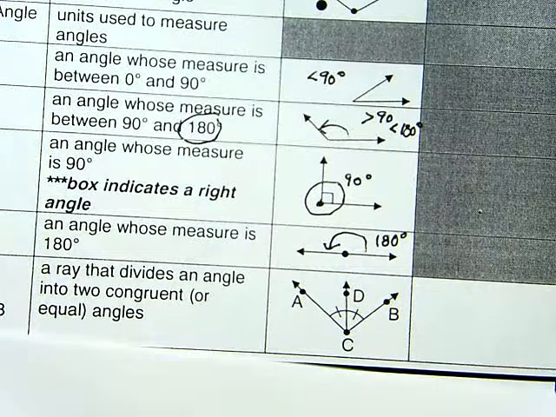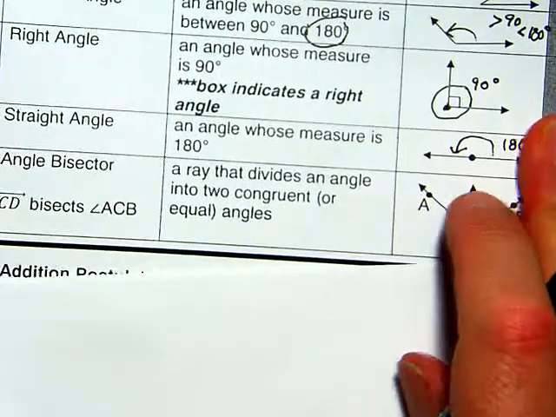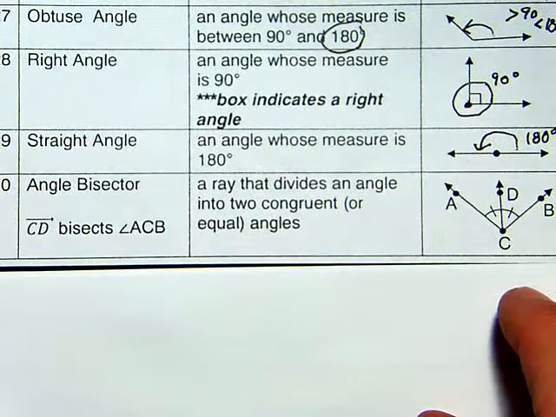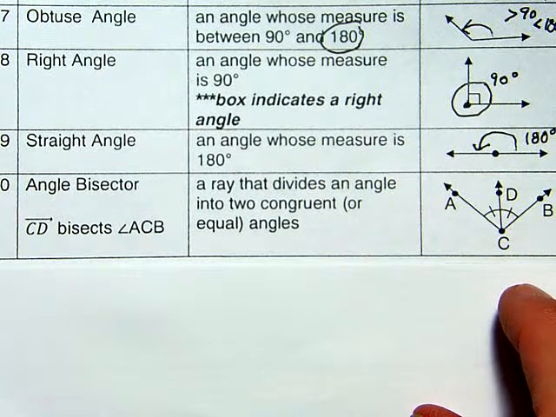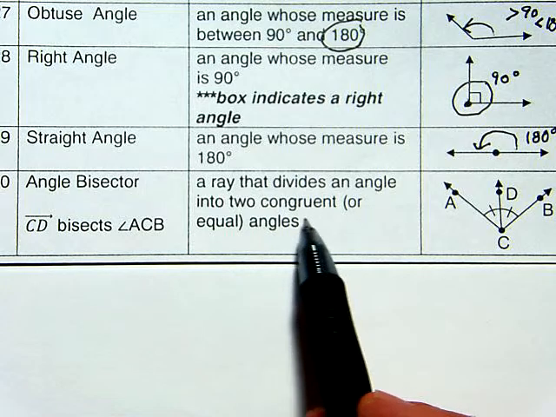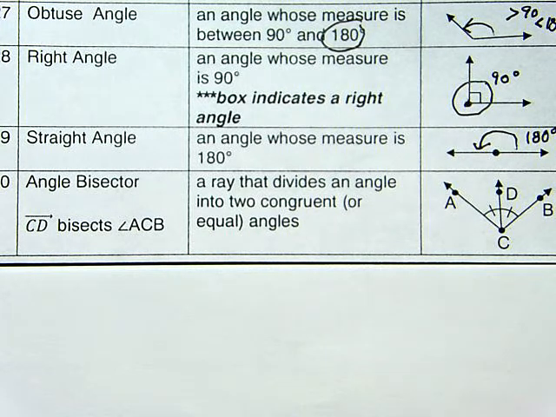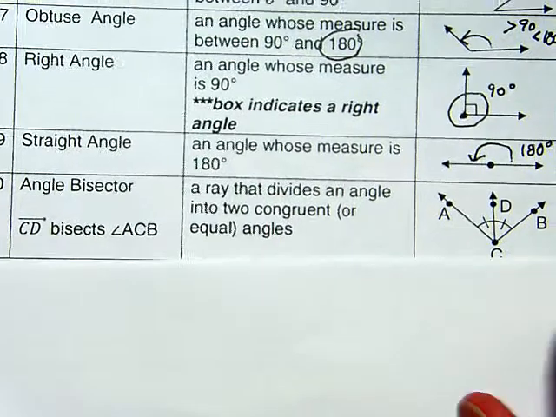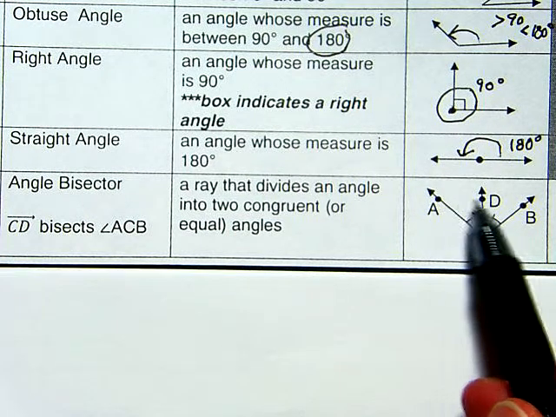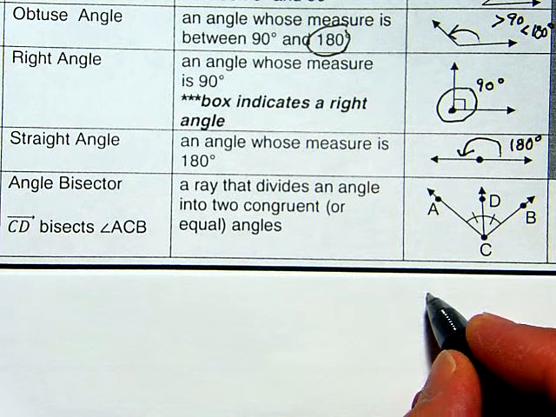Our last vocabulary word for today is angle bisector. An angle bisector is basically a ray that bisects an angle, or another way of saying that is a ray that divides an angle into two congruent, which is the same thing as saying equal, angles. So in this diagram here, to the right, we have an angle. We actually have several angles. Let's list the angles that we've got. The largest angle,